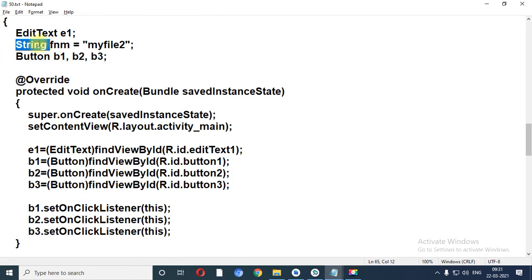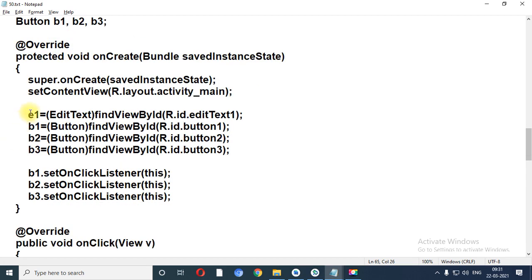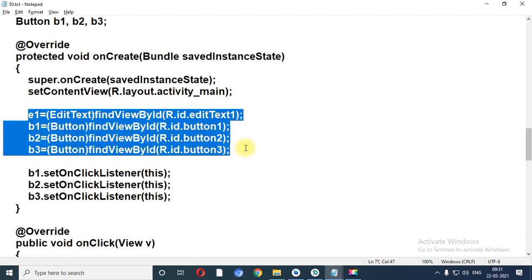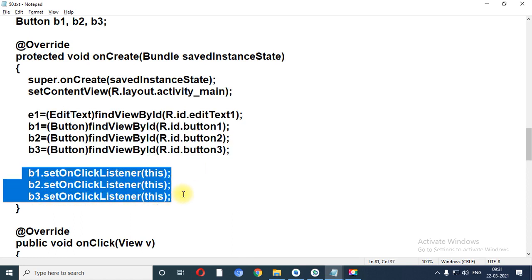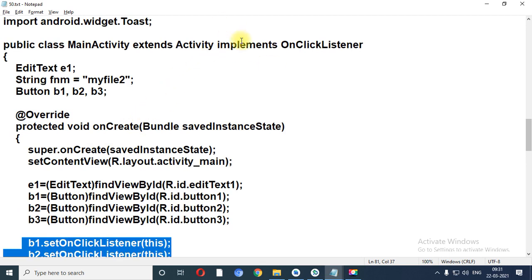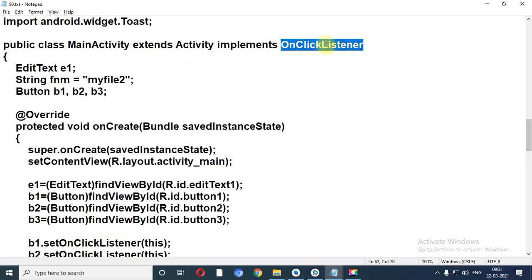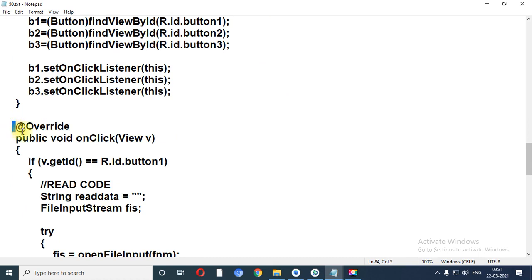We have taken one string variable called file name, FNM. What is the name of our file? myfile2, right? Now findViewById for all the widgets, setOnClickListener for all the three buttons, implementation of OnClickListener, override onClick.